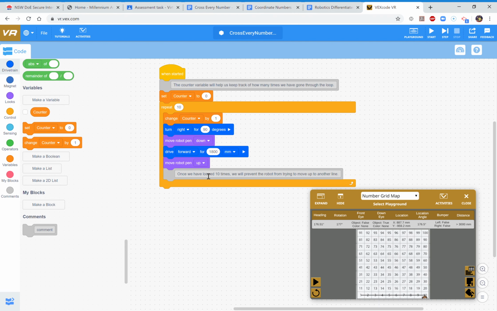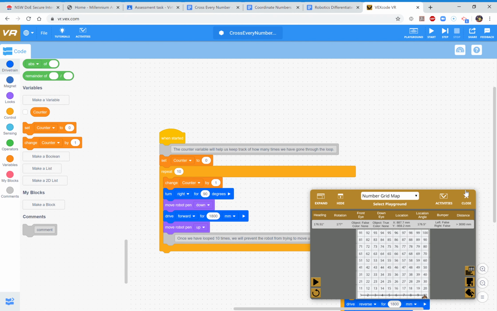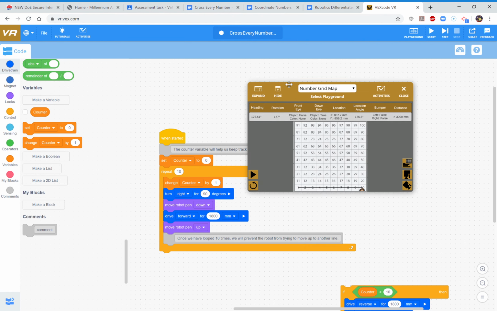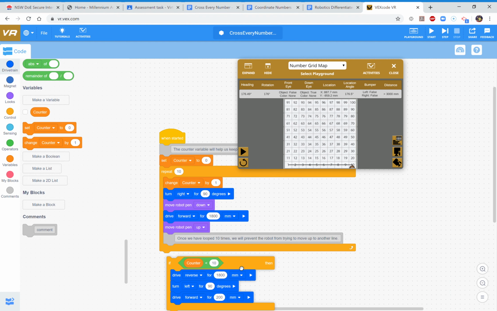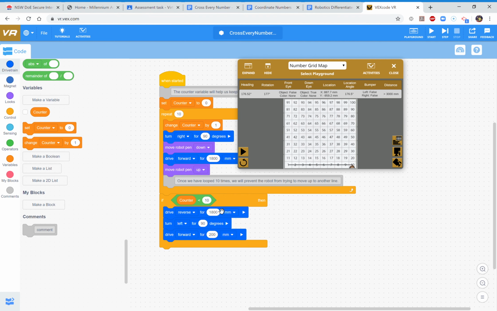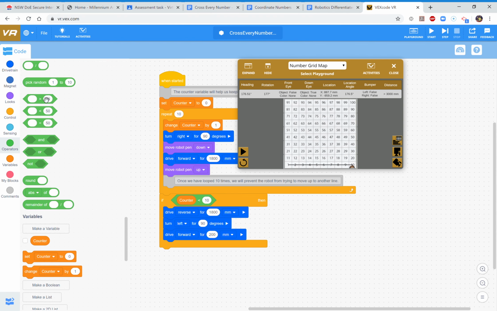So now that we've crossed out all those numbers, what do we need to do? Well, this is where the second part of my program comes in. I then add an if. So if the counter is less than 10, that's using a comparison operator, it's using my counter, and it's saying if we're not all the way up the top, you need to reverse. So go all the way back, turn left, move forward, and then your first step will be turn